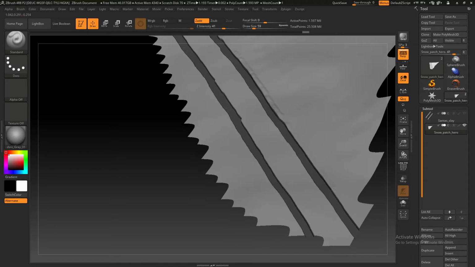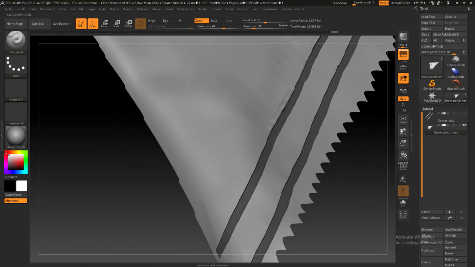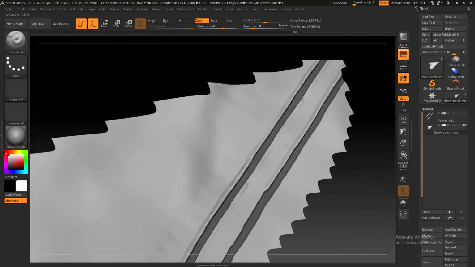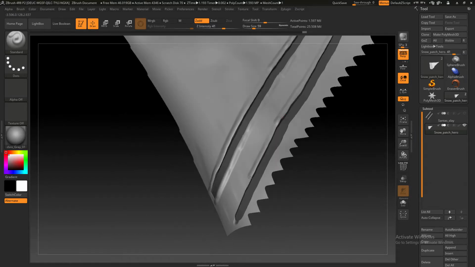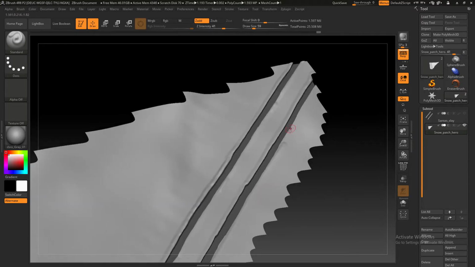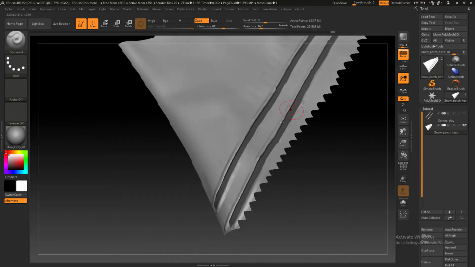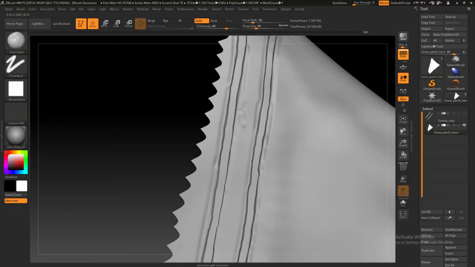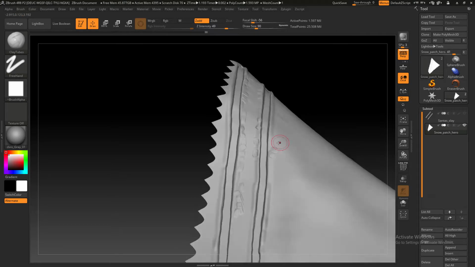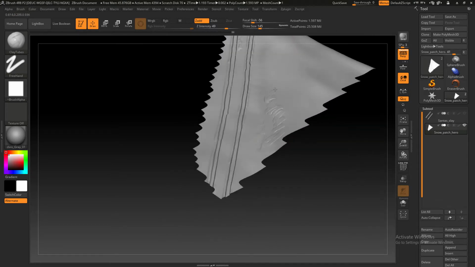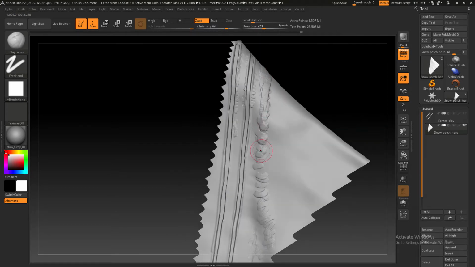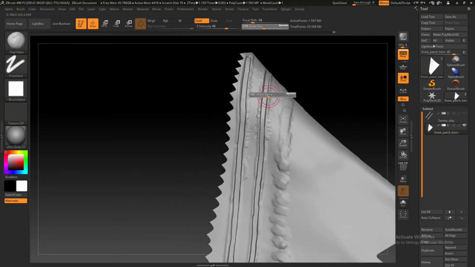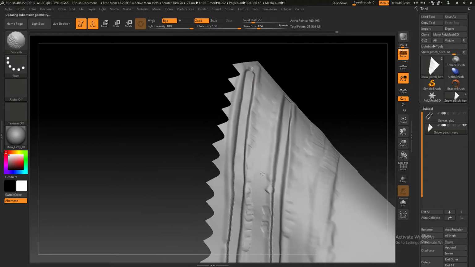So to start things off, I exported the sleigh, or part of the sleigh, the ski part of the sleigh, to be honest, so I can have ridges where the sleigh would go, and then I basically just masked it off and started doing really basic sculpting to break off the surface,